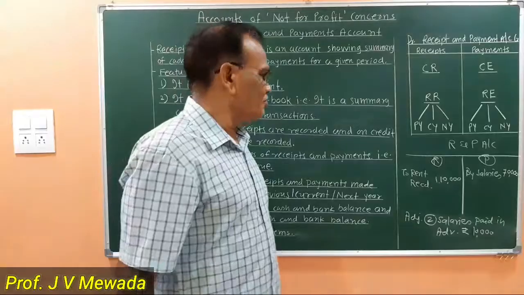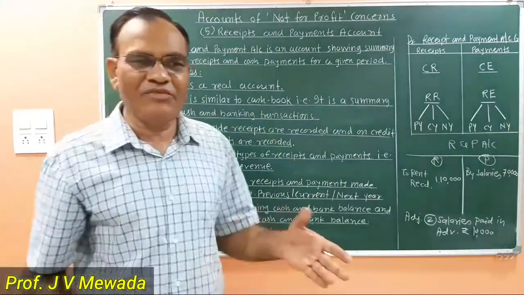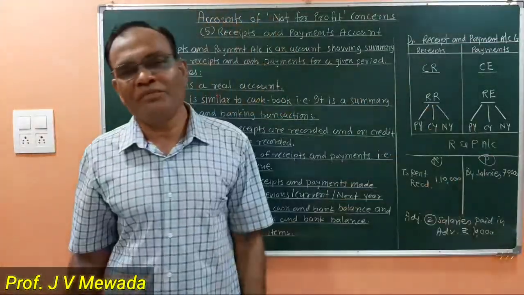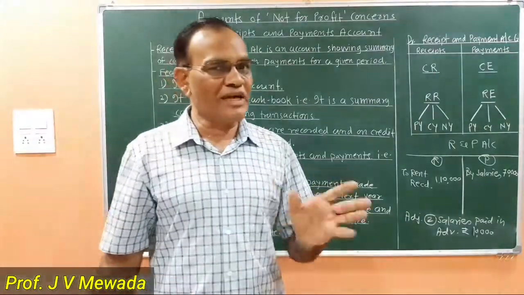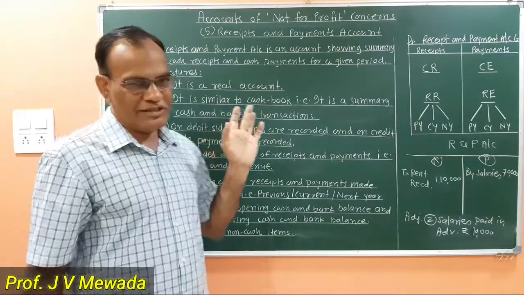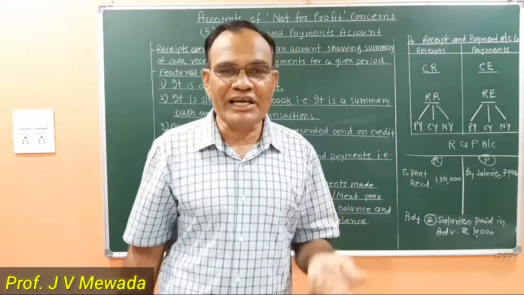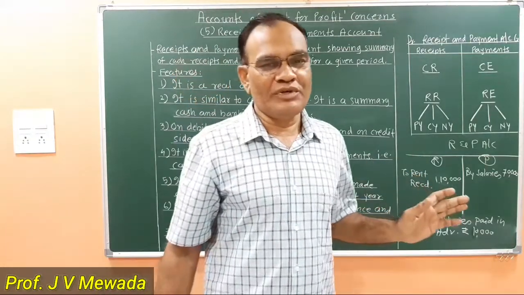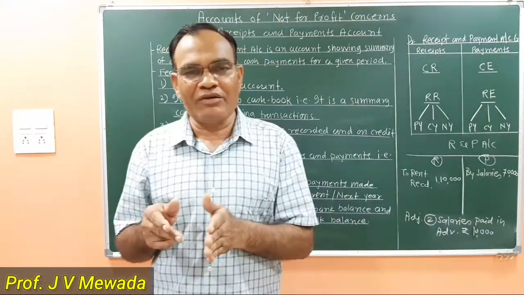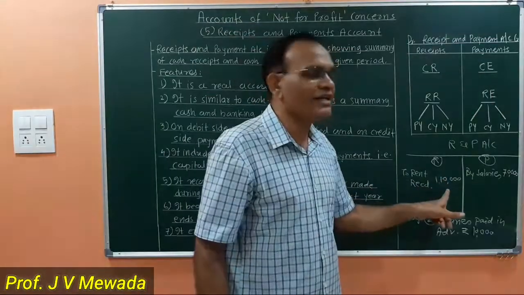Okay. Now, second, it is similar to cash book, as I told you. We are recording on the debit side all the receipts of cash, and on the credit side payments of cash. Not only cash, we are also including banking transactions. If suppose I am receiving the rent of playground by check, then also I am recording it in the cash book. You know that you have two columns in the cash book: one is a cash column and one is a bank column. So the total of cash as well as bank both are included in this rent received.